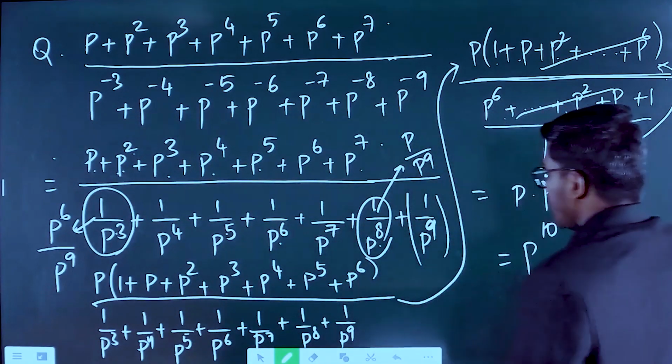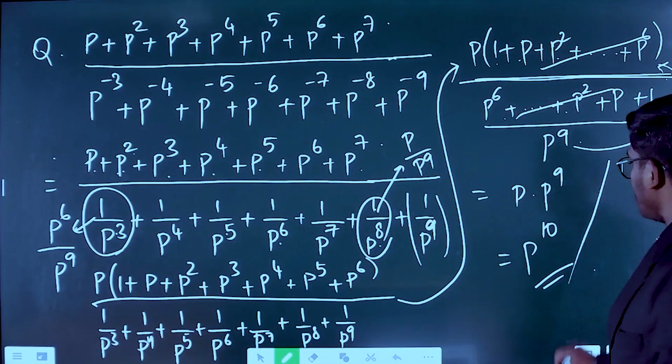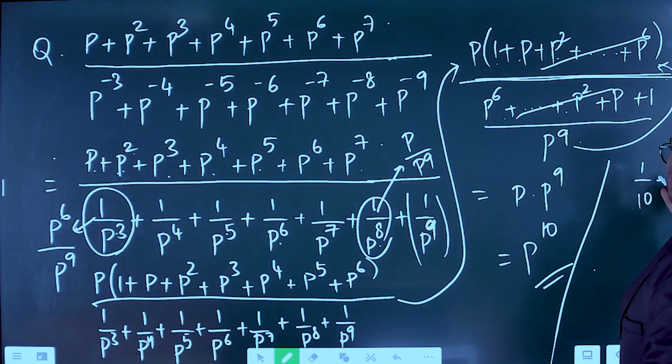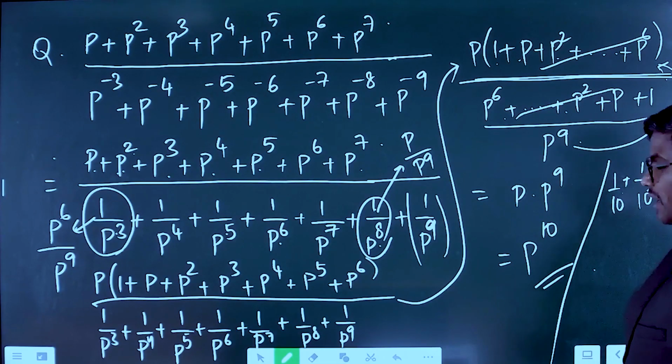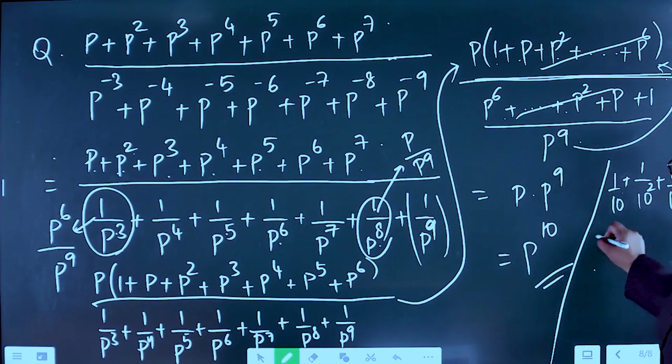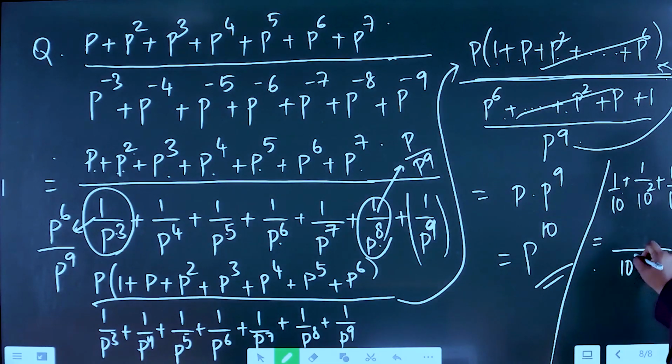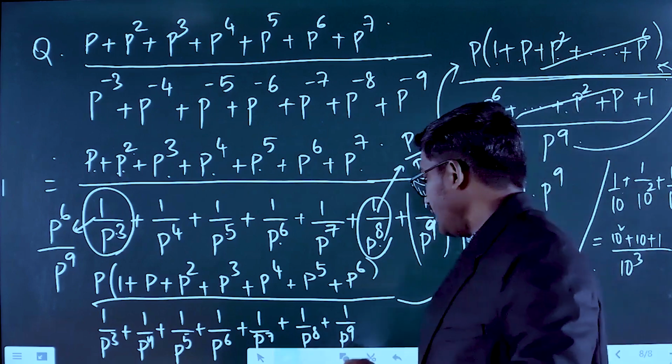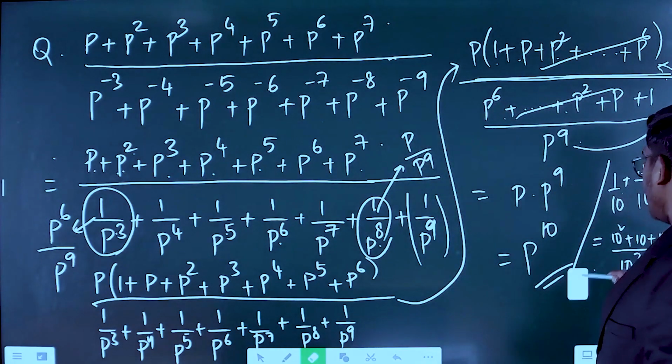Now, it is something like this: 1 by 10 plus 1 by 10 square plus 1 by 10 cube. If you have it in this way, what will you do? We will take 10 cube common, and we'll write 10 square plus 10 plus 1, right? Very similarly, what we've done here is,